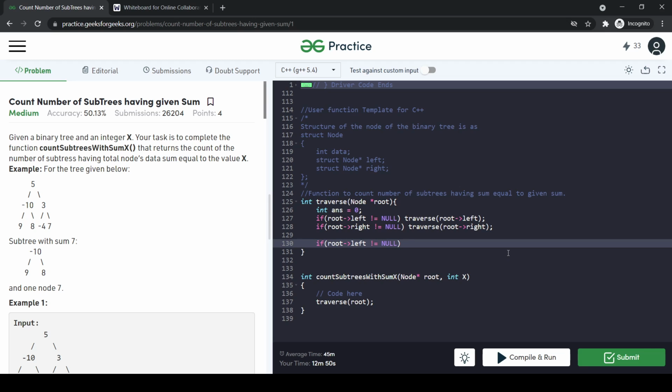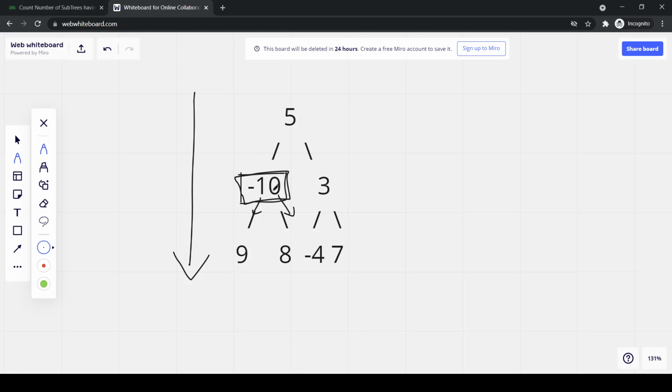Now, after traversing both subtrees, we will first add the sum of the left subtree, and then the sum of the right subtree.